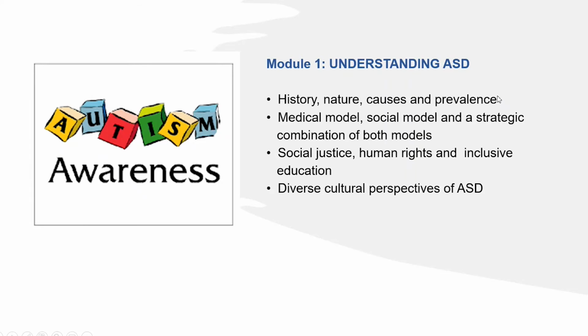In Module 1, the focus is on understanding autism spectrum disorder. There are 4 main sections in the study guide, and you'll see that it addresses the history of autism, the nature of the condition, the possible causes, although we do not know for certain what causes autism. The possible causes are discussed, as well as the prevalence. And we discuss how the prevalence appears to be increasing and explore the possible reasons for the increase in prevalence,